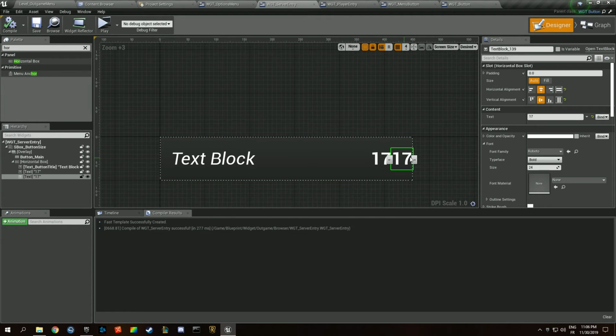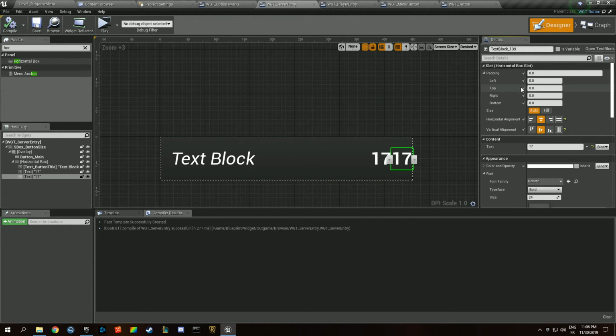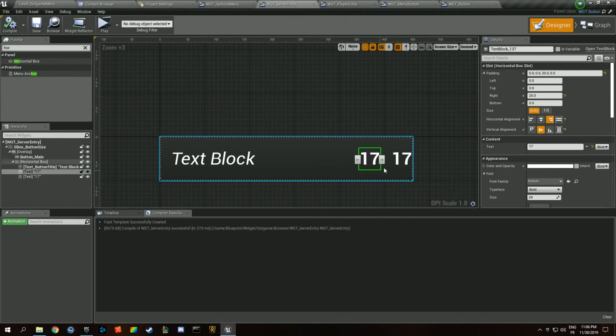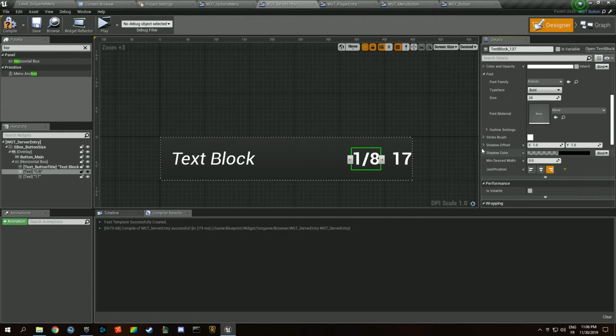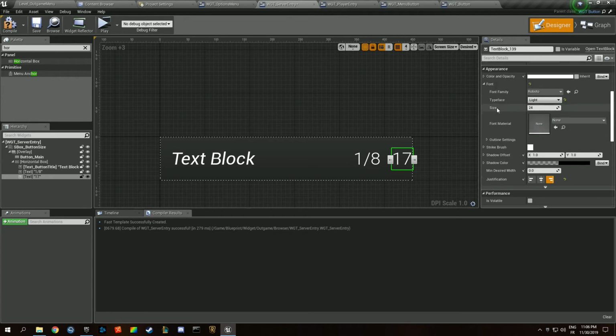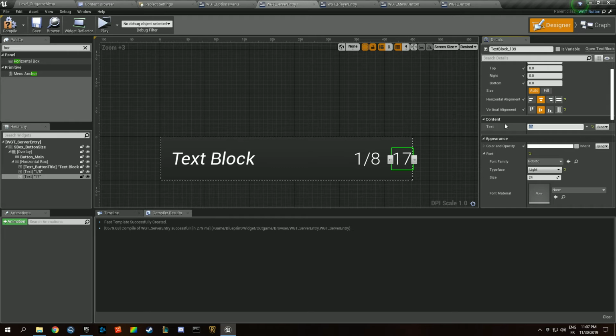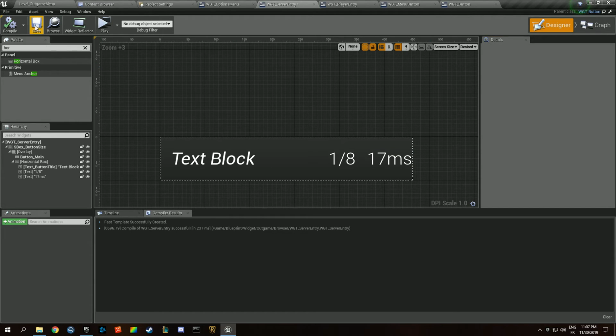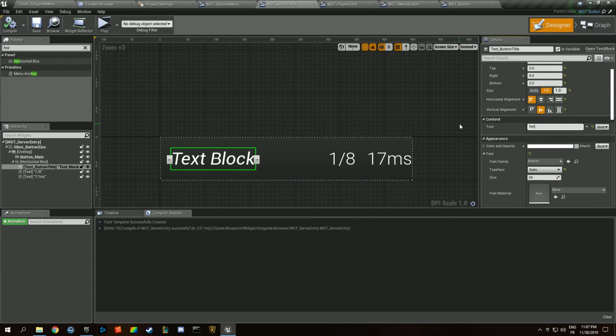We want these numbers to be on the right. I mean, we want a little bit of padding. Not this way, maybe this way. Yep, that way. So this is going to be the number of players, 1 out of 8, for example. We want that to be light. This is going to be the ping, for example, like this. This is going to be the server name,